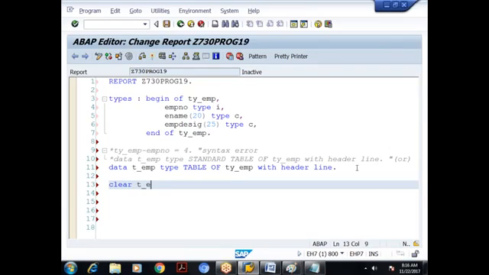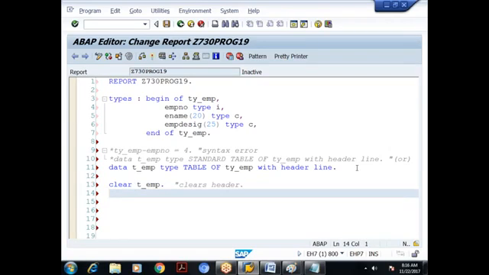So I'm saying clear T underscore EMP. This is an internal table with header. So this statement will clear the header. Even though there is no data available at this stage, good programming is that before you store any data, you clear the old data. If anything is there, it will clear that.